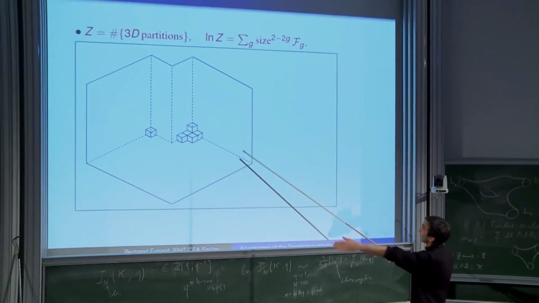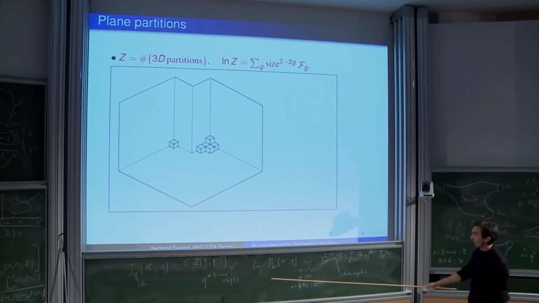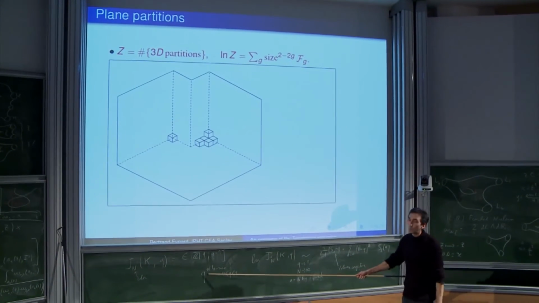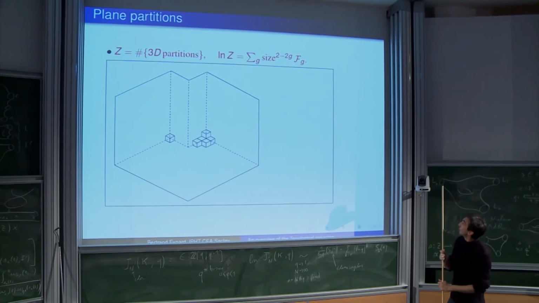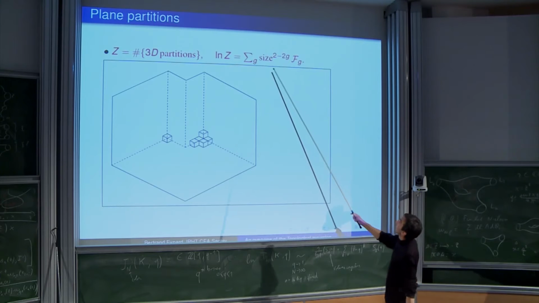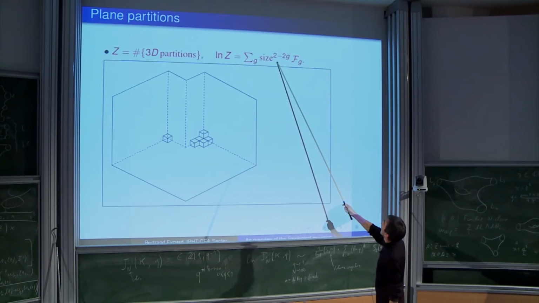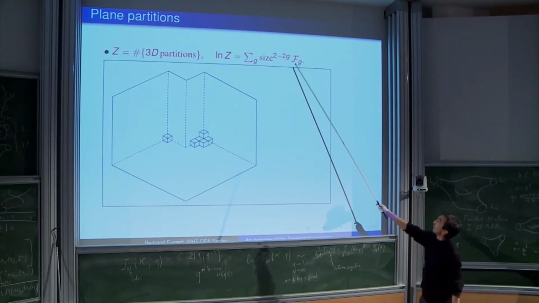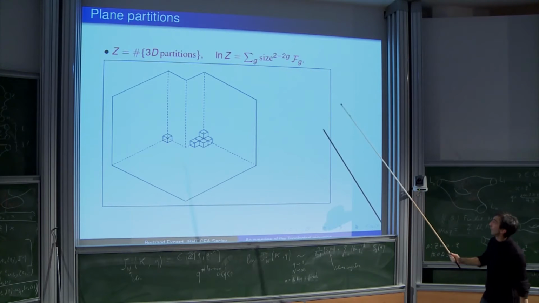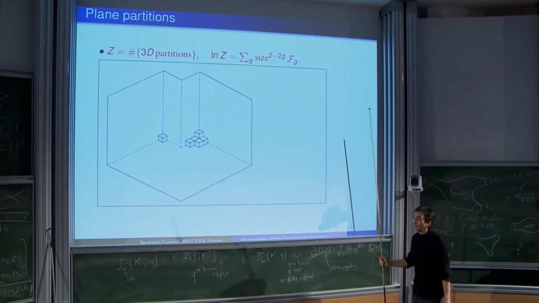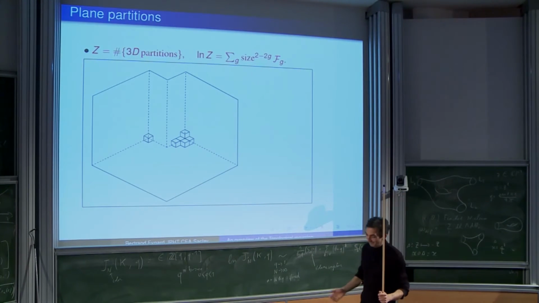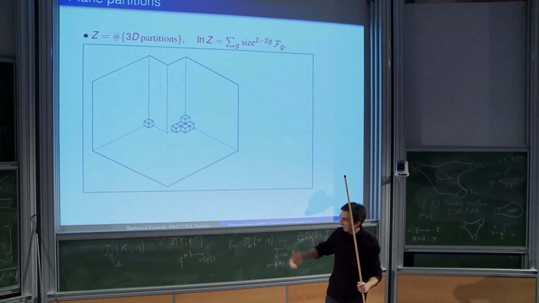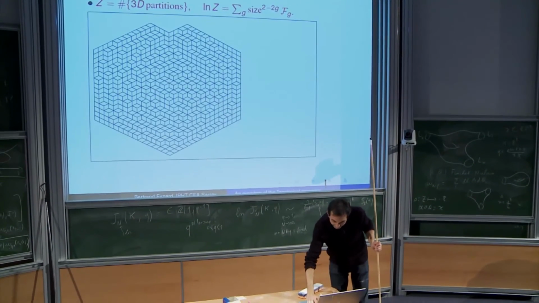The asymptotics when the size of the room becomes large, which is more or less equivalent to saying the asymptotics when q goes to 1, in powers of log q. So you want to compute the asymptotics. And you can observe that the asymptotics goes by powers of the size to the 2 minus 2g, and you want to compute the coefficients F_g. So what are they? Well, probably you can guess. They are related to topological recursion. At least this is the conjecture.